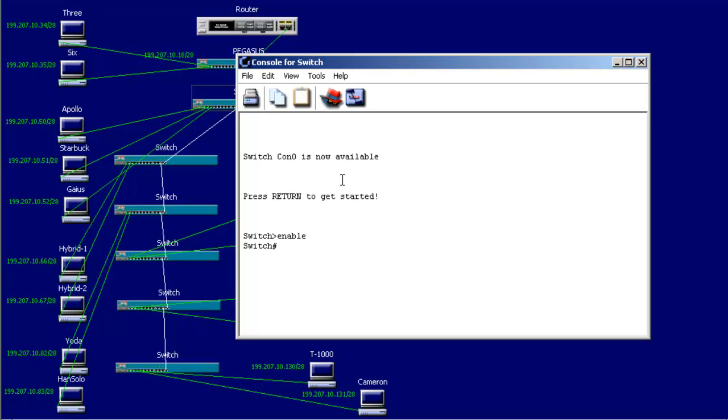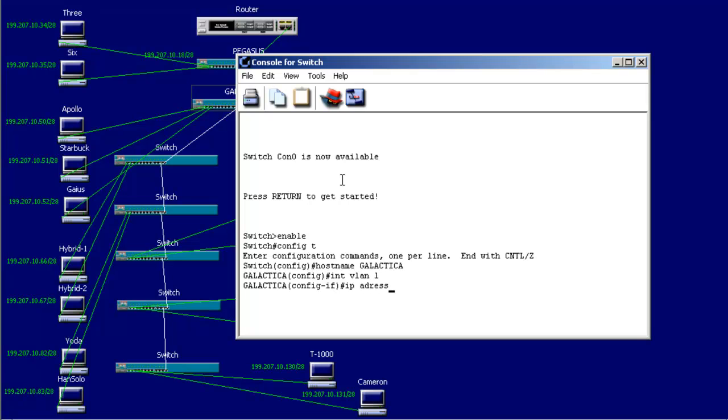So let's go to global mode, and in global mode, let's go ahead and change our host name to Galactica, and let's go ahead and give it an IP. Remember, on the higher switches, you've got to select the administrative VLAN. It's not like the 1900 where you can just assign an IP. It's going to be an IP command, IP address, and